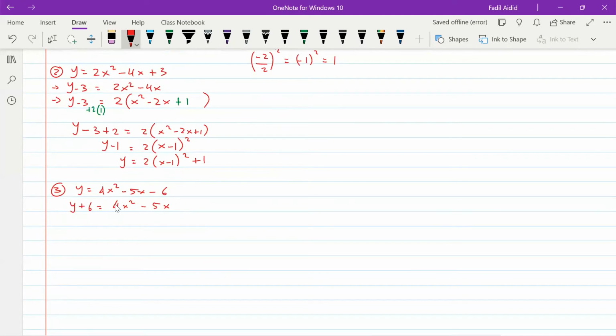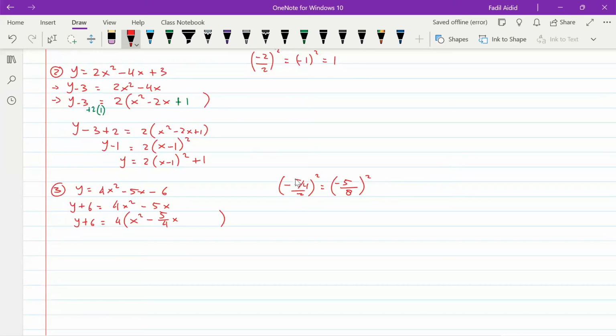And then you take out the coefficient of x squared, 4, here on the right side. So y plus 6 equals 4 bracket x squared, 5 divided by 4 is just written as a fraction, minus 5 over 4 x. Put some space, close bracket. So we need to take half of this x term coefficient. So minus 5 over 4 over 2. It's going to be minus 5 over 8